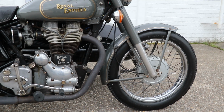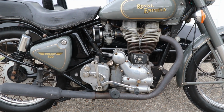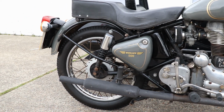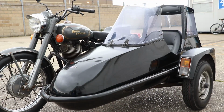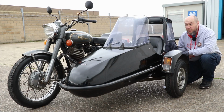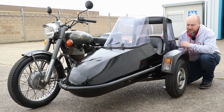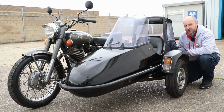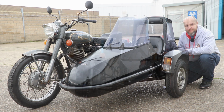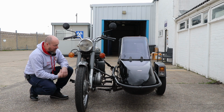Royal Enfield has been making the Bullet for some time now, and the version we have today was made between 1977 and 2007. It is a 2004 Royal Enfield Bullet 500 with a sidecar. Let's start with the sidecar. It is a Watsonian Squires 2-seater sidecar that weighs as much as a 3-bedroom linked attached house with an annex and a double garage. This makes for an extremely interesting acceleration and braking setup